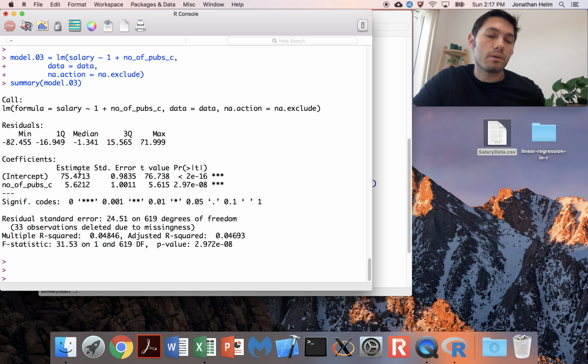Right, and it estimates an intercept and a slope for me. Now the intercept is always the predicted value of the outcome when all of the predictors are 0. But number of pubs C is going to equal 0 for an individual who has average number of publications per year, in this case about 3.5. So for an individual who has average number of publications per year, we expect them to make about $75,000 a year. Okay, and then for every 1 unit increase of publications, we expect that the salary will increase by about